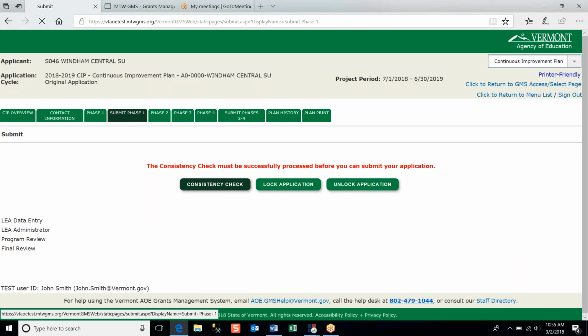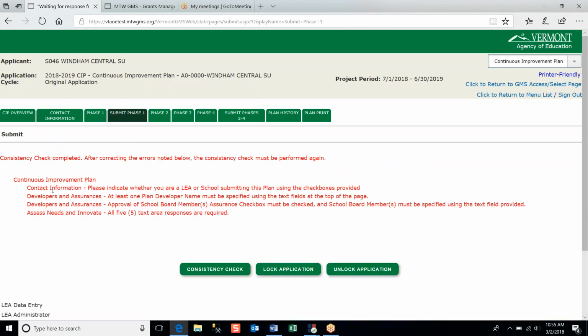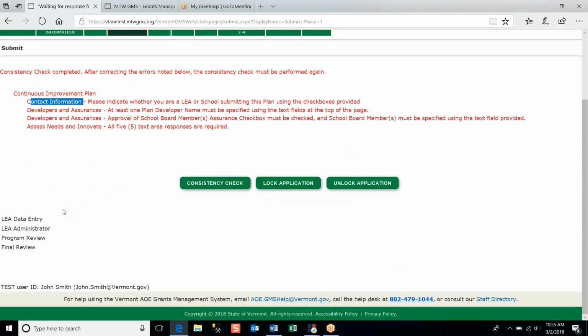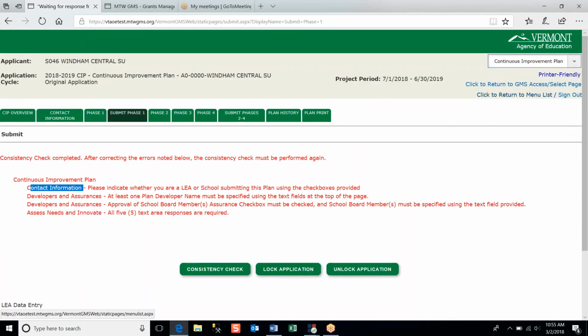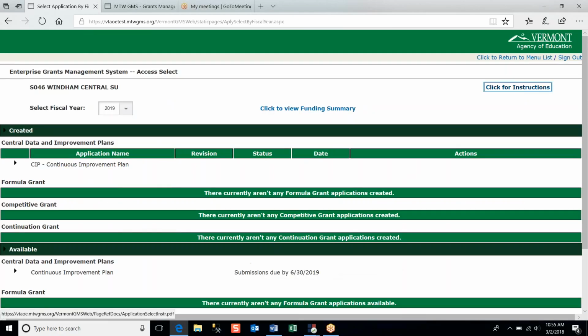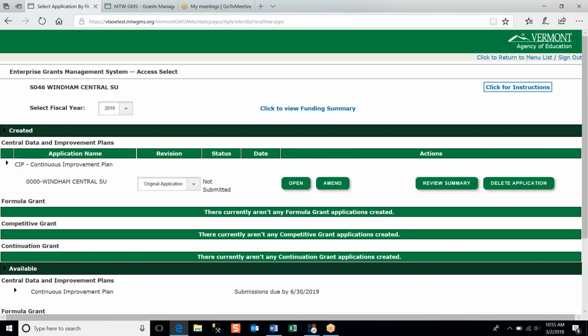We have to run the consistency check. This is a process talked about in other training videos, but this is editing to make sure that we haven't skipped any parts of the application. And I didn't fill out my contact information page. But ultimately, once the consistency check passes, you'll see a button here on this page that says Submit to AOE, where Donna, Jesse, and others here at the agency will begin reviewing your application and be able to provide some feedback. They will either accept your application, or if they have to return it back for changes, they have a